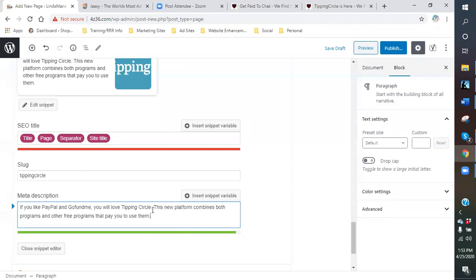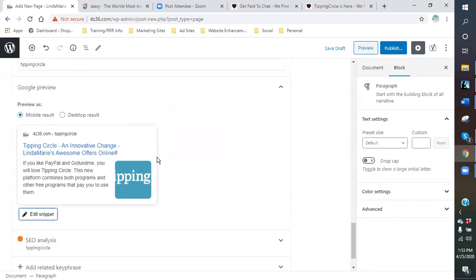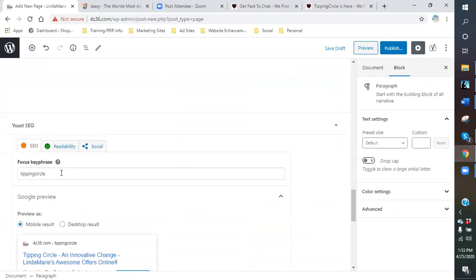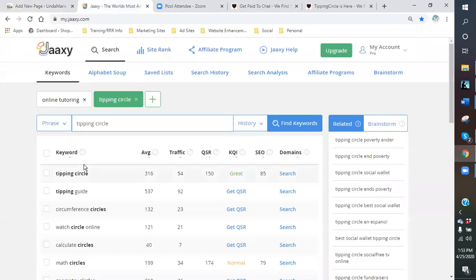All right, so there's that simple, short, to the point, and just close our snippet. So now we have our slug in there, which is tipping circle. We have our key phrase in there, which again is tipping circle. And if you wanted to, you can separate these two or leave them together. Doesn't really matter. What does Yoast have them? We have it separated. So let's see if we put it together, if we get a different